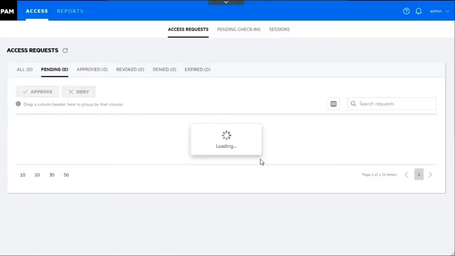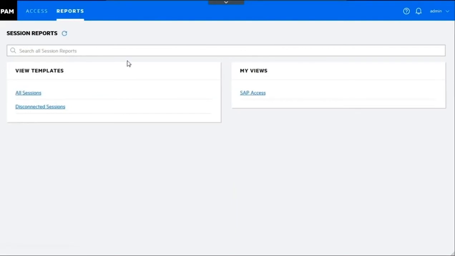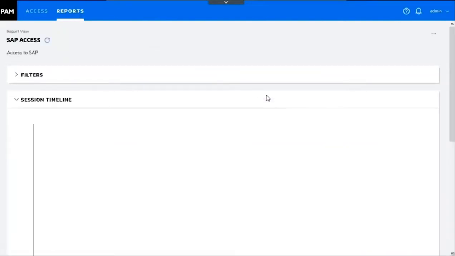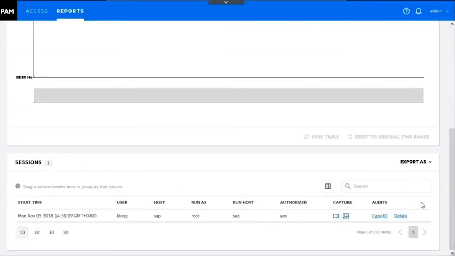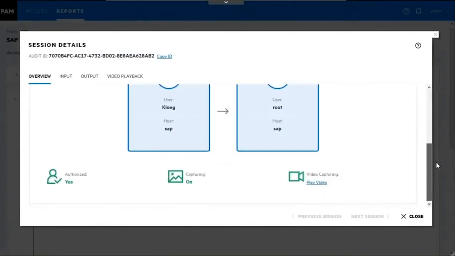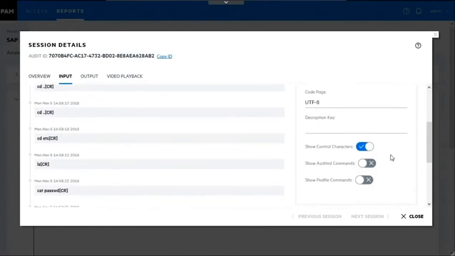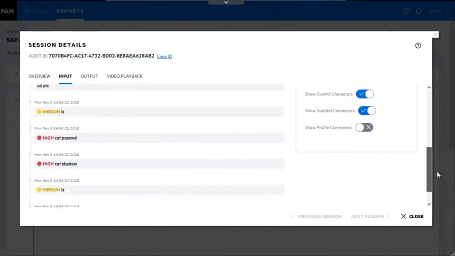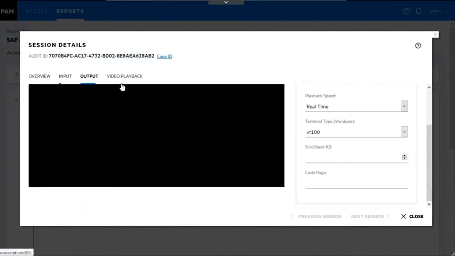So here he's logging into our privileged access management solution. And what he's going to do here is view what Kim was doing in the application as if he were Kim himself, right? So he's able to click into the most current session that Kim Long operated as. It looks like Kim acted as the user root here, just a brief recap, but we can get full visibility into what Kim actually ran while he was logged in, as well as get some sort of risk assessment for the commands that he ran.